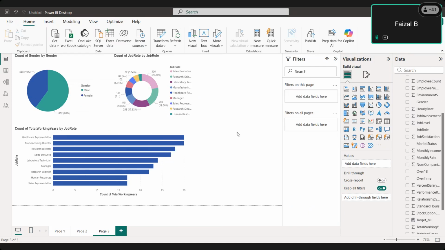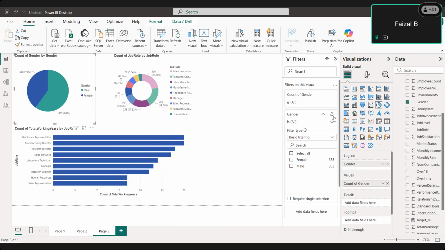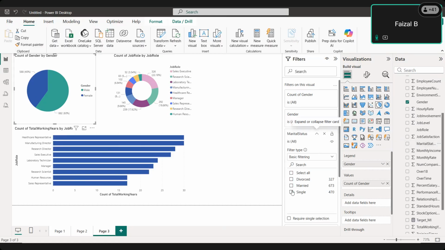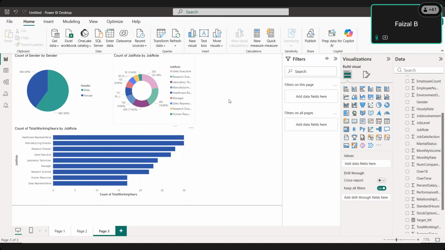Once again I will show you. If you want to add any filter for a particular image only, select the image and then add the filter here. If you add marital status into this filter, we can see how many male and female in divorced case, how many male and female married, and how many of them are single, male and female. So remove this one. If you want to add the filter for the entire images in this page,